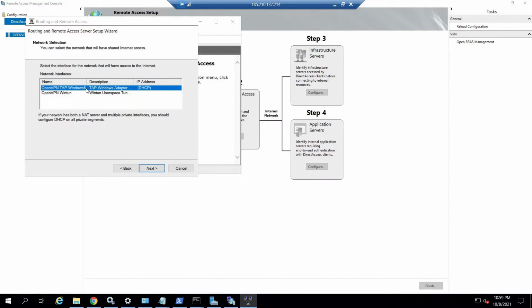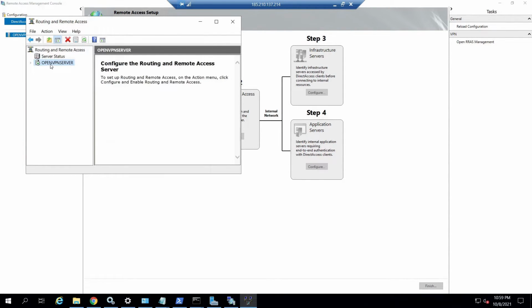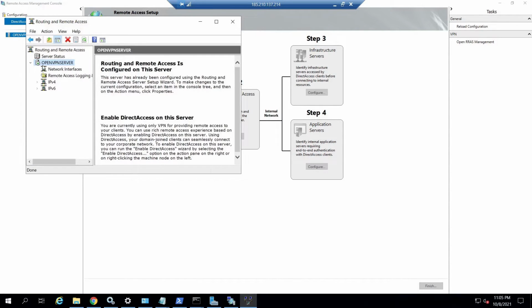So choose OpenVPN TAP Windows 6. That is the TAP interface name in the OpenVPN server. Click Next. Click on Finish. Here we can see the Routing and Remote Access Service is initializing and restarting the services. Let's wait. Once the Routing and Remote Access Service has successfully started, from the Routing and Remote Access Manager, expand